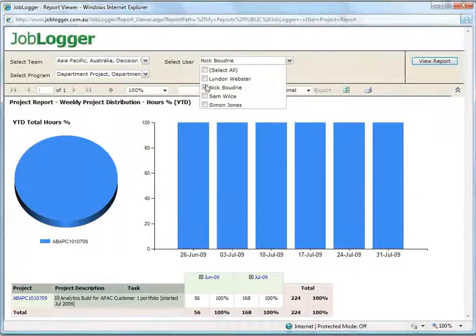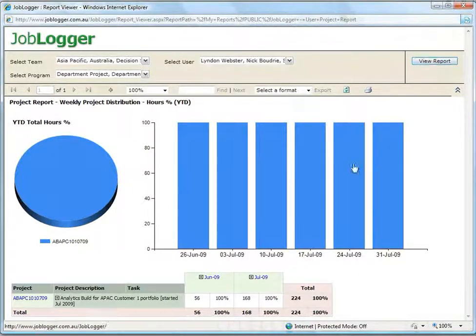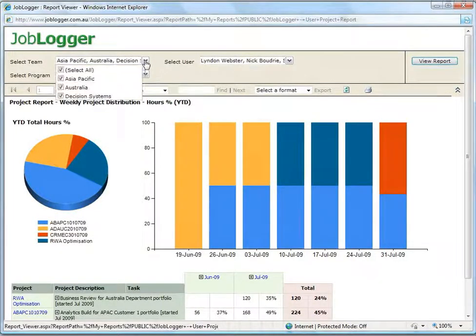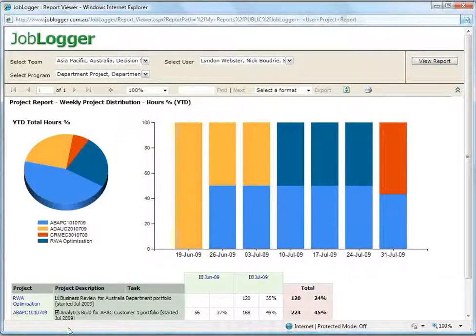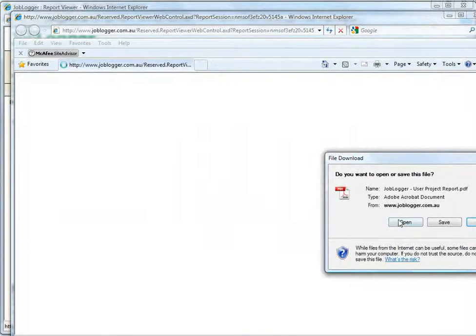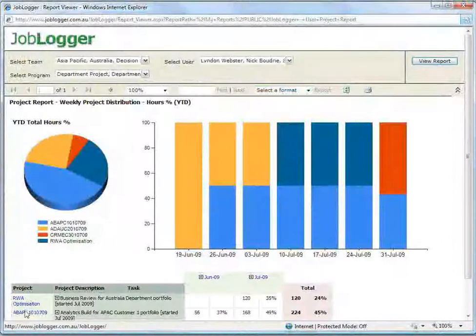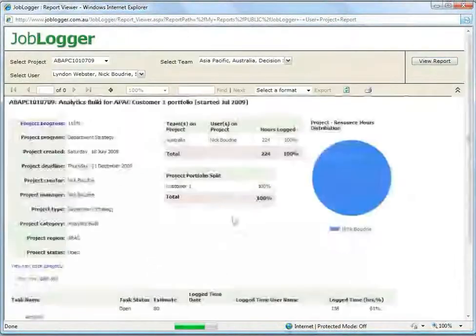I can filter also at a program level and also at a team level as well. And again, these all export to PDF and Excel and Word quite nicely, so this one I can export to PDF. So here shows a report in PDF, and also bear in mind that all these reports are exportable to Excel as well. So for example, with this report I can take it to Excel,